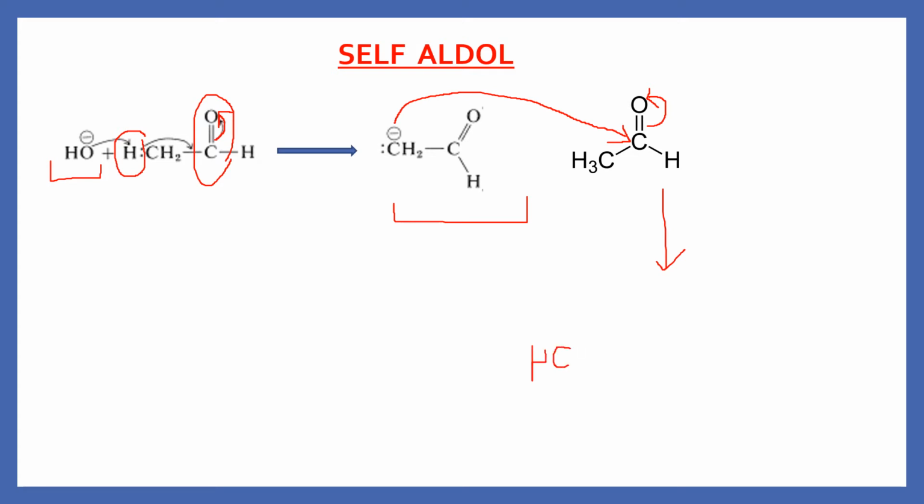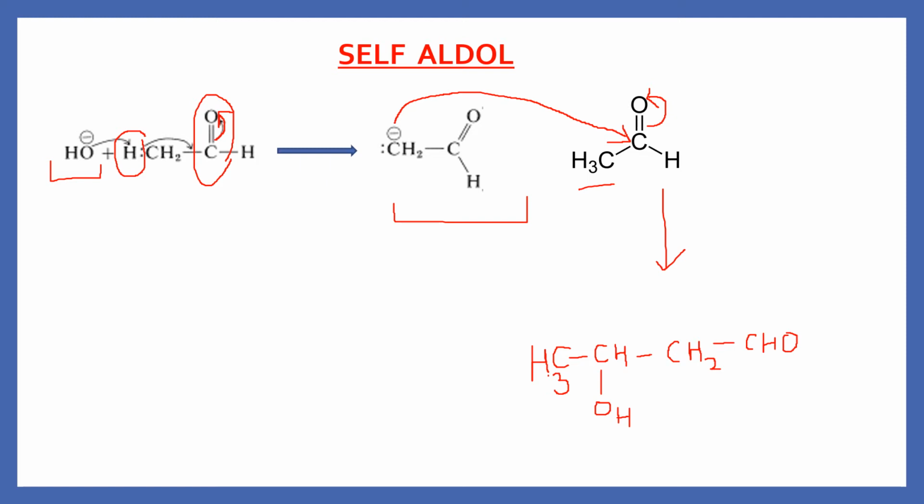a product. This is what we have to learn, how to write these structures. Be very careful that I am writing the CH3 first. I have written the CH, which is attached to O with a negative charge because of the shift of electron density, and this is further attached to CH2 followed by CHO. Then the H plus, which was removed, will come here and I will get this aldol.